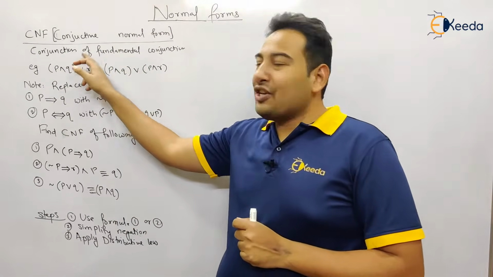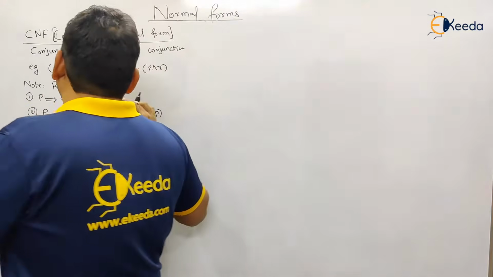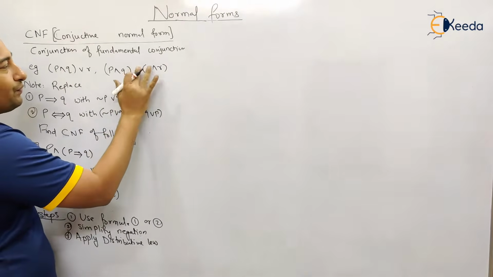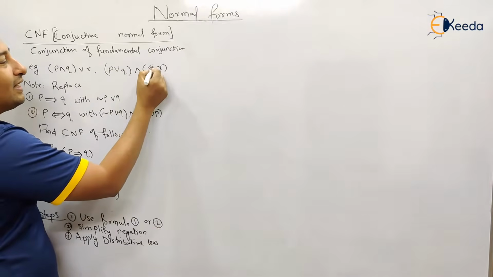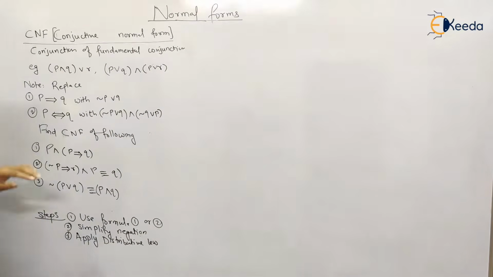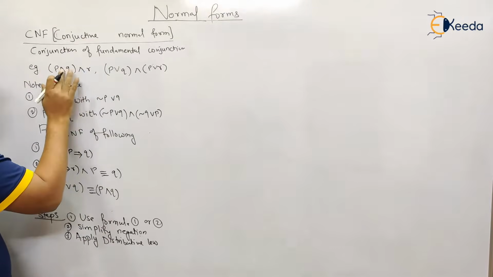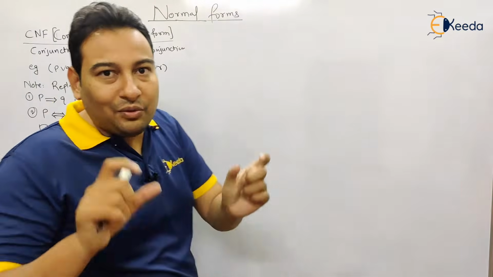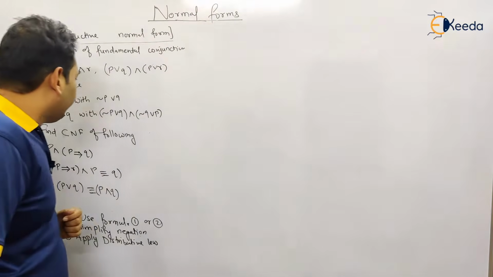If it is a conjunction of fundamental disjunctions, that means, see, now this is an example of disjunctive normal form. Let's convert it into conjunctive normal form. See, conjunction in between and internally it has disjunction, then it becomes CNF. And the same story here. It is conjunction and internally we have disjunction. If this is the case, you can say it's conjunctive normal form. That means conjunction in between and in brackets it is disjunction, then it is conjunctive normal form.